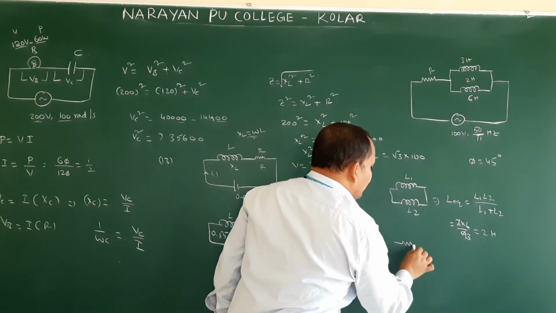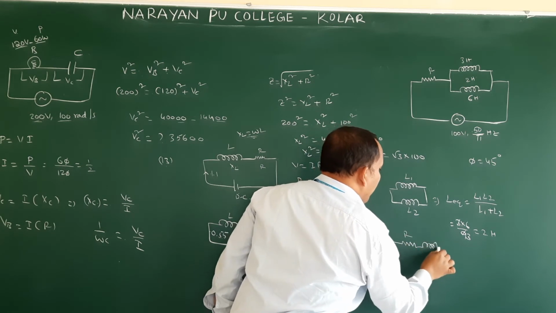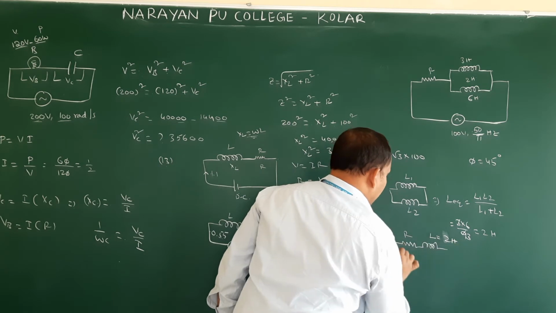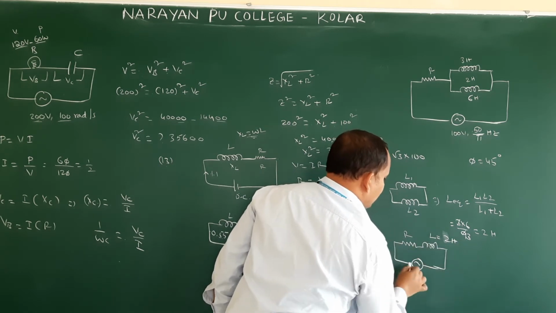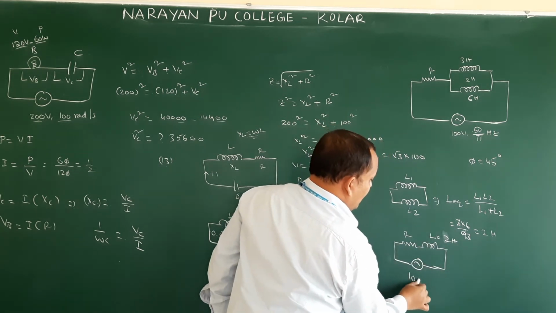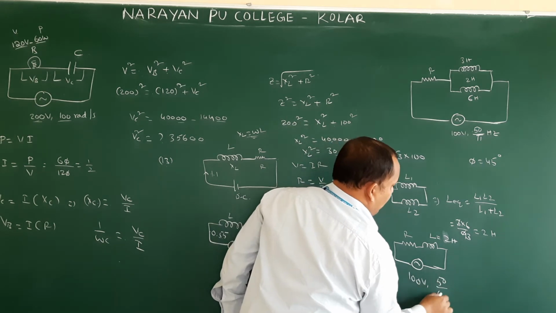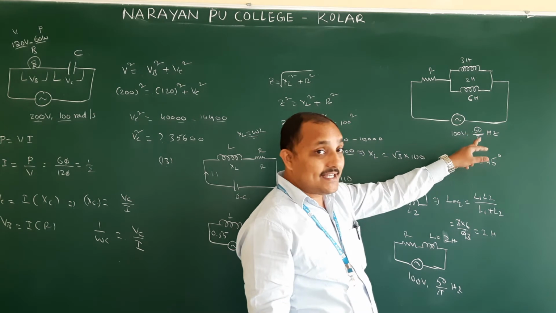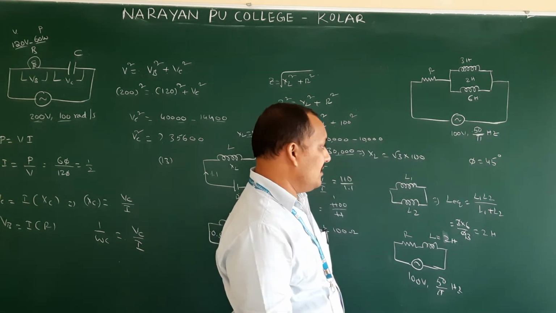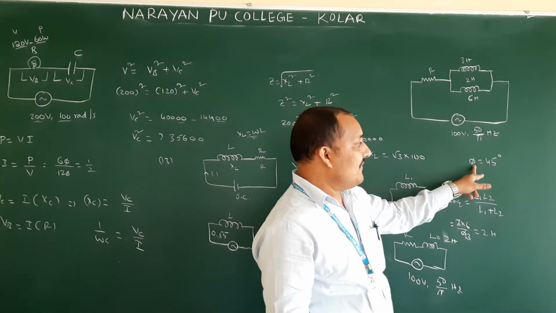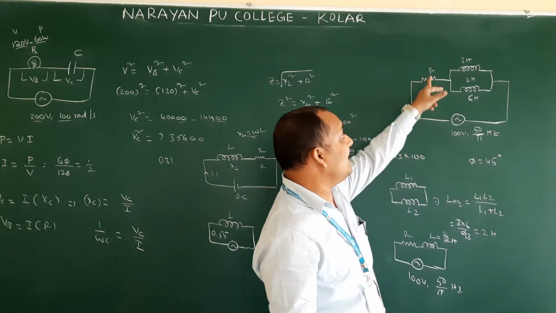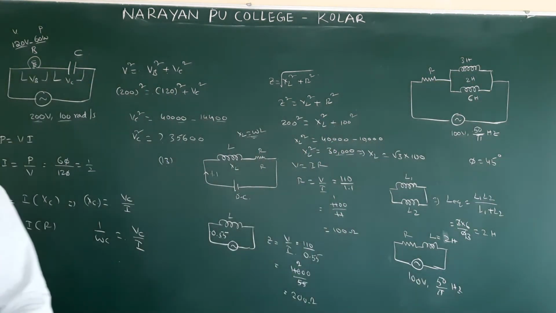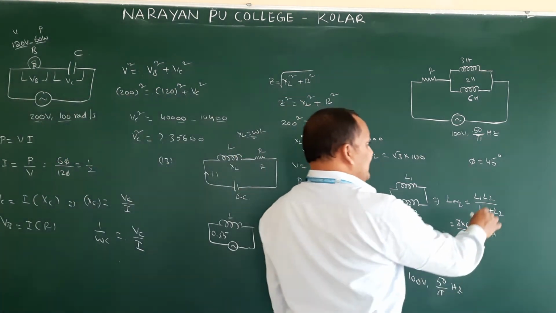Now this is the simple circuit. L is equal to 2 Henry, connected to a source of 100 volts, 50 by pi Hz. See here, 50 by pi means they gave the frequency. You should remember that. Then they gave the phase as 45 degrees. What are they asking? The resistance value, R. Now tan phi is equal to